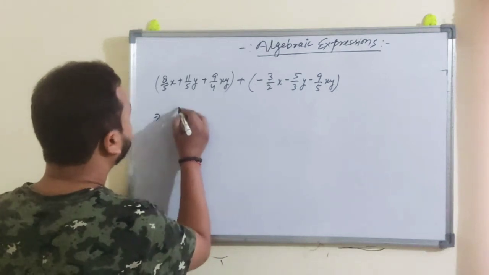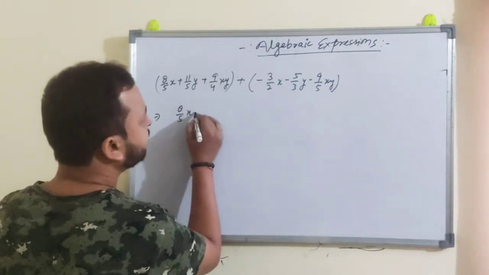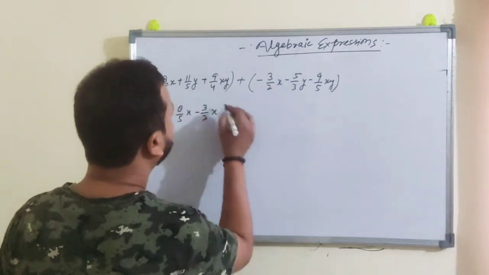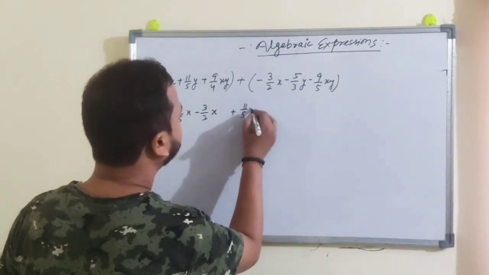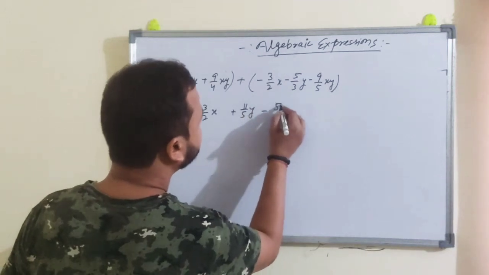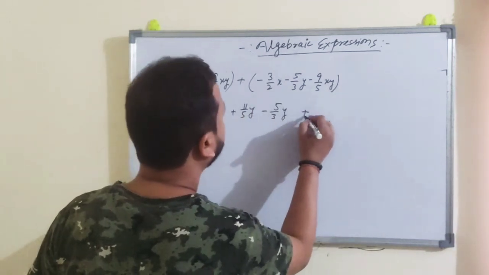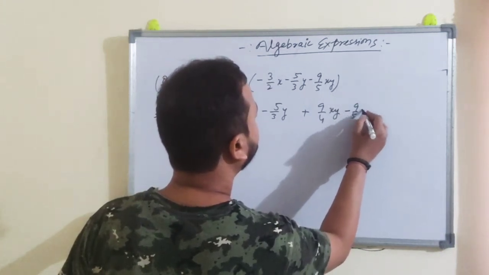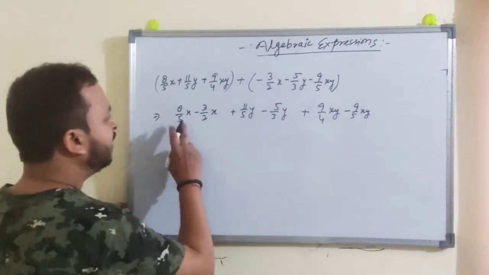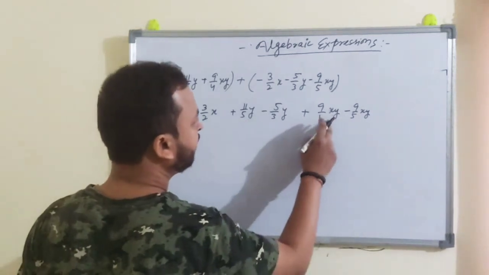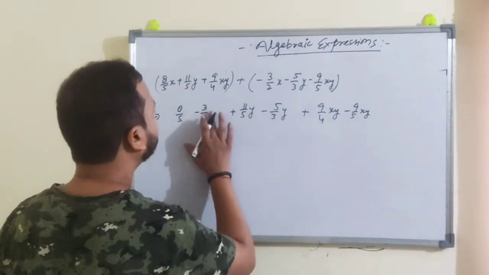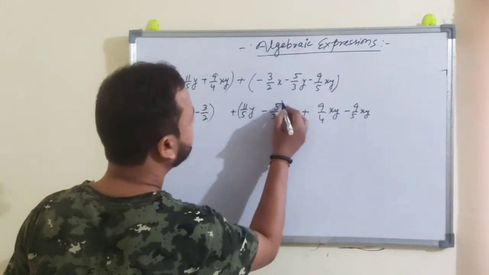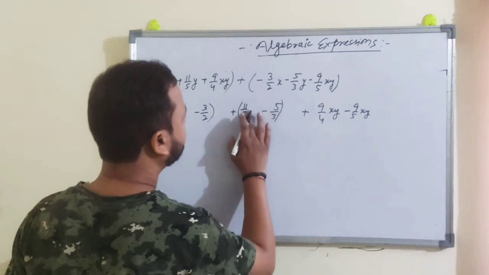So 8 by 5x minus 3 by 2x, then plus 11 by 5y minus 5 by 3y, then 9 by 4xy minus 9 by 5xy, right? Here x is common, so I'm going to take this x outside. Here y I am taking outside,